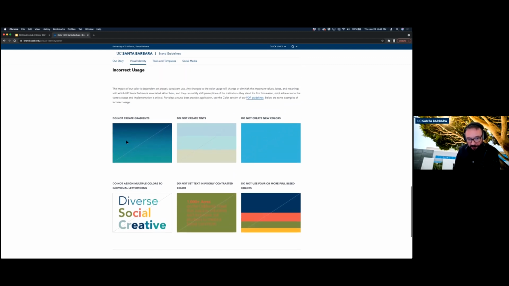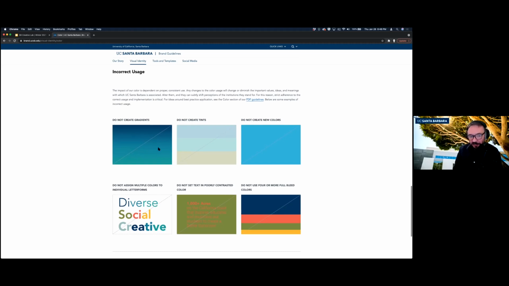Don't create gradients. This is really specifically for this brand because it's a new brand. We didn't want people to immediately start blending colors because we want our constituents to get to know the colors. And as soon as you start using gradients, then in between are colors that are not part of the palette. So I think this is something that will soften over time, but we're trying to go a couple of years of saying, hey, look at our color scheme, look at our color palette, look at our consistent usage, learn these colors, trust. So that's why that's in there.